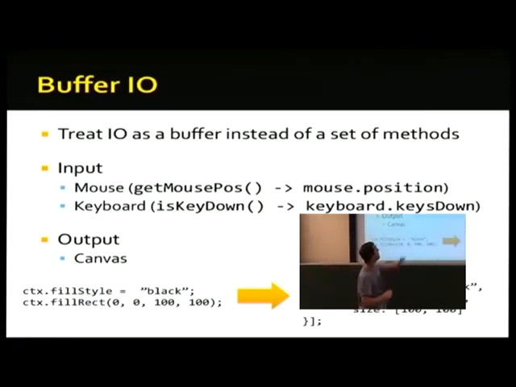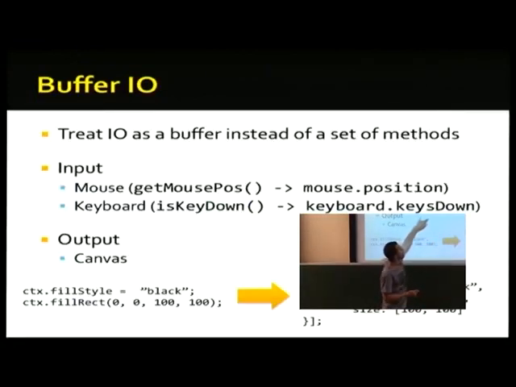And so what we do is simply transform those over to just memory. So for example, what's the position of the mouse? Well, rather than binding to an event or calling a get mouse position function, we just have that available already. Mouse.position just gives you the position of the mouse.